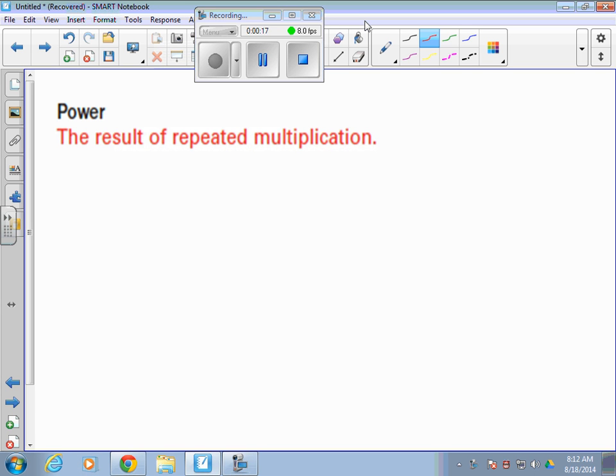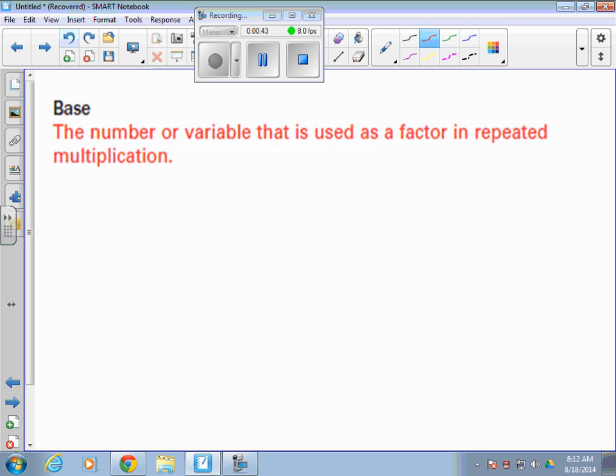First one says power, the result of a repeated multiplication. The entire thing, everybody, is the power. The entire thing, like x to the third power. That's x to the third exponent. People read it as to the third power. This is the entire thing. Or, an easier one for you to look at at this point, 2 to the third power. One of them is the base and one of them is the exponent, but the entire thing together is the